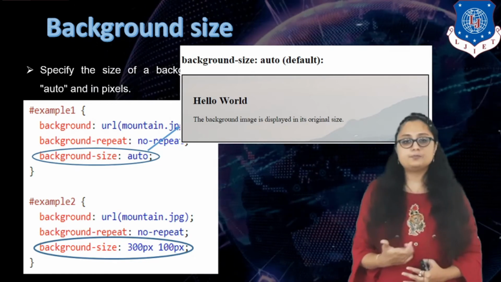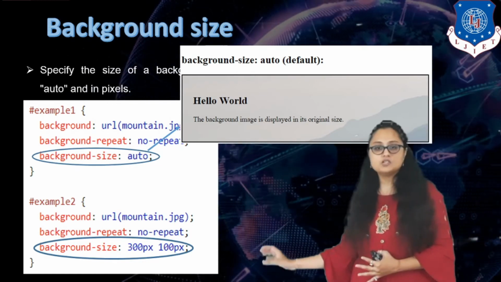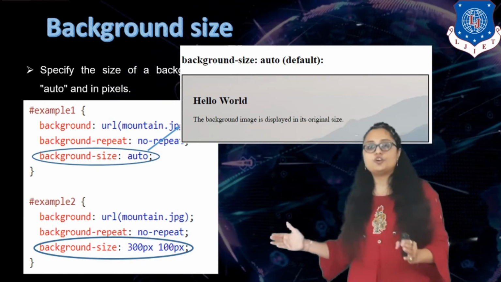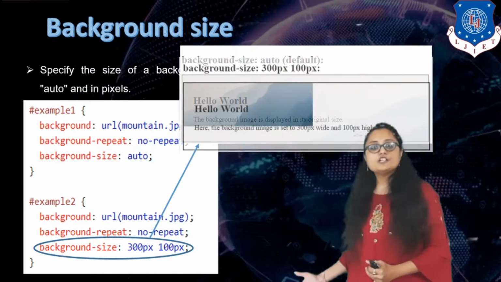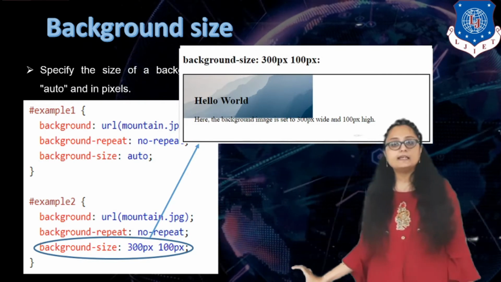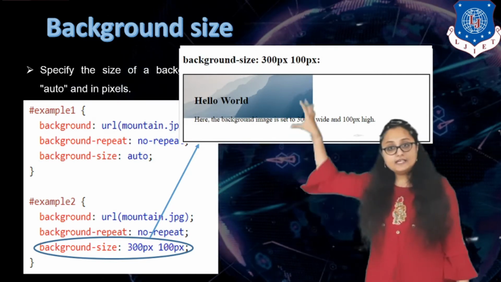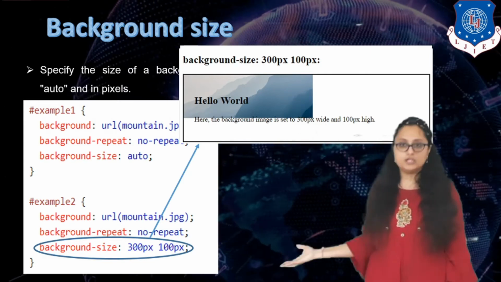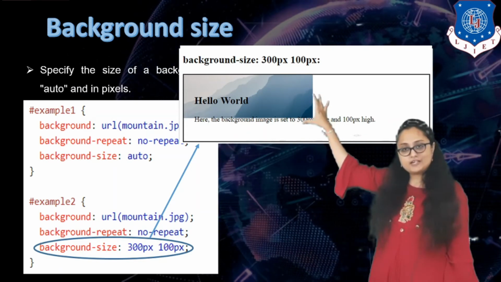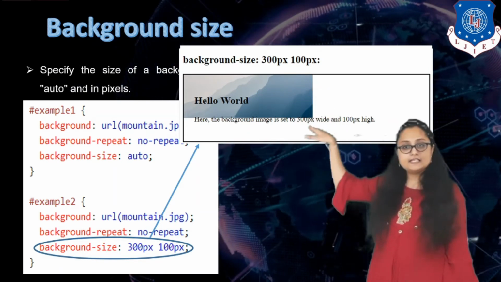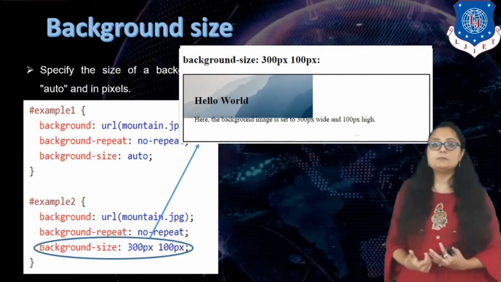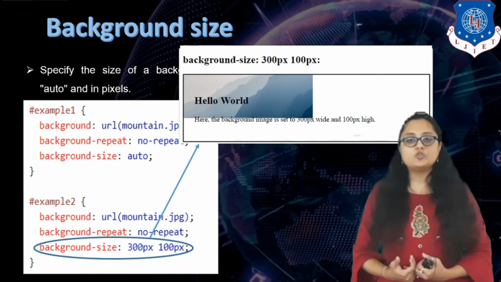The first, you can see over here that I have written two numbers, 300 pixel and 100 pixel. Now 300 px is for the width of my image, and 100 px is for my height. So here you can see that when you customize your image size, it displays the output differently, right? This is the 300 pixel width which the background image has taken, and 100 pixel height it has taken. Why so? Because you have specified custom background size for your background image.